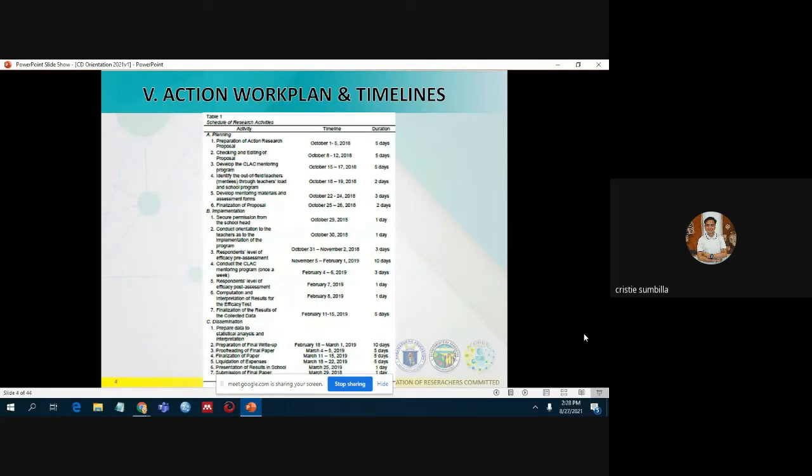I have here a sample work plan taken from one of our proposals. In constructing a table in your manuscript, take note of the APA formatting style. The APA, or the American Psychological Association, is a writing convention and the most commonly used format for writing manuscripts in education and social sciences.